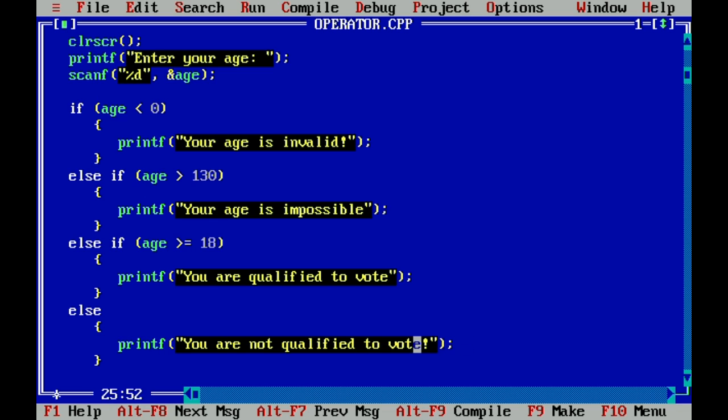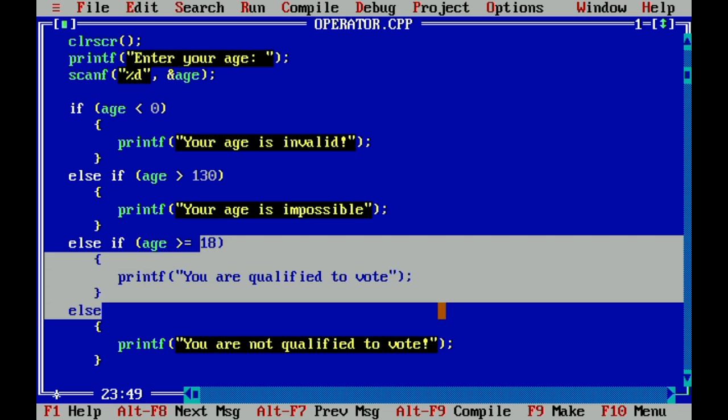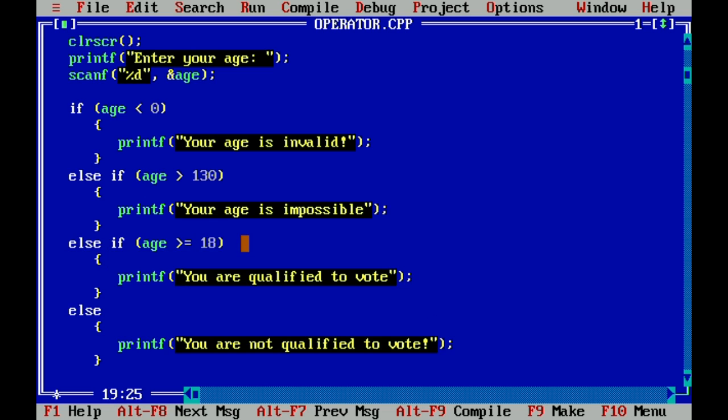So you can actually, like I said, change the condition. Let us say we transform this one to less than 18. Of course, this one is now not qualified, and the else statement is qualified. Okay, so we still have the negative values condition here, and the condition for the values that are greater than 0.